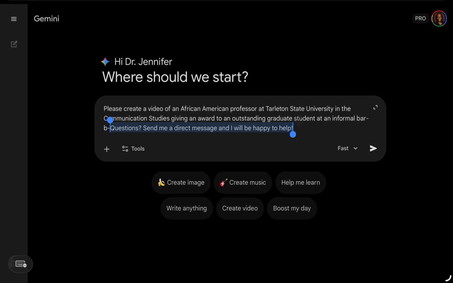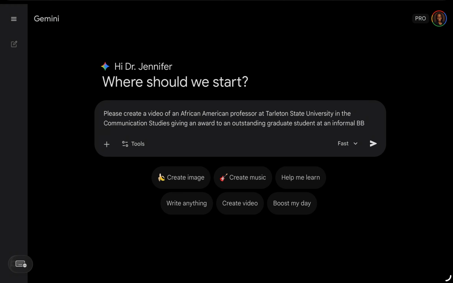See what happens when I have phrases that are automatically saved. Barbecue. I don't know how to say it. Barbecue